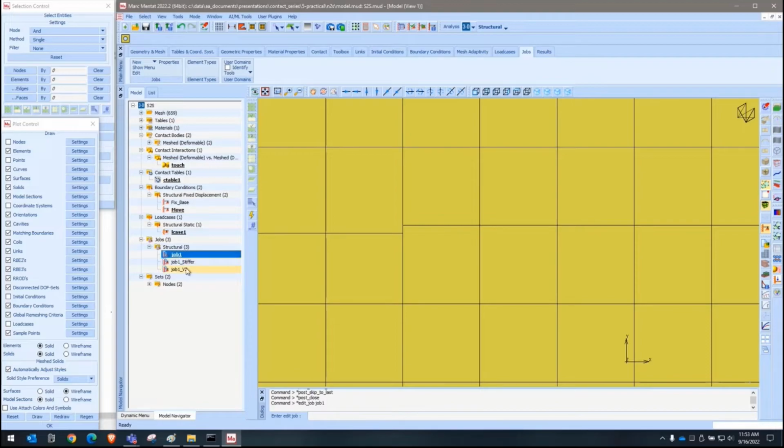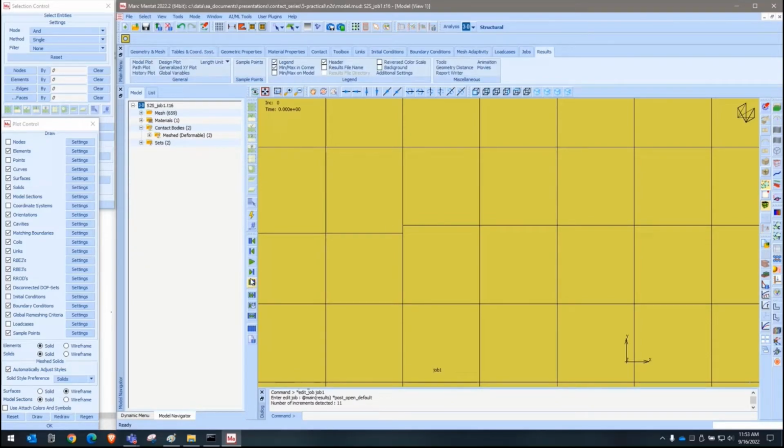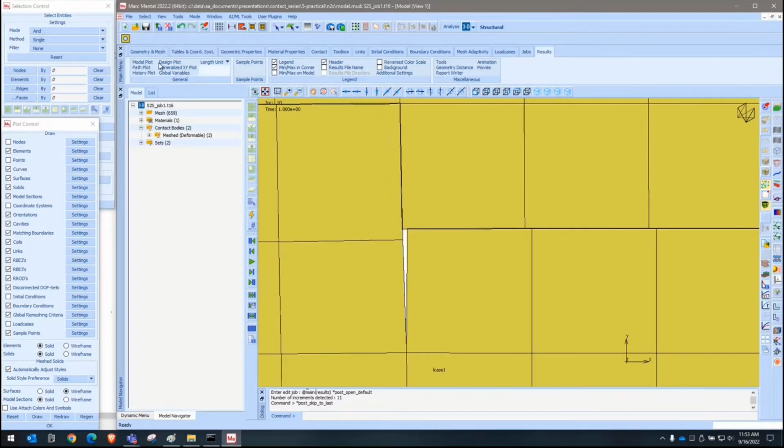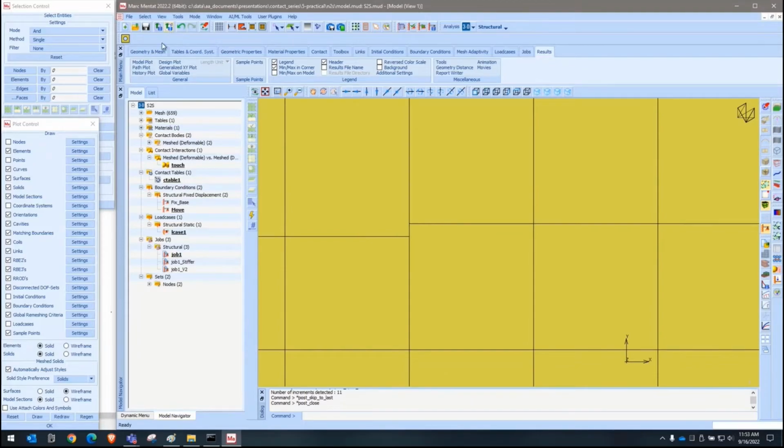Open the initial one, which is stiffer than this, but not the stiffest that we ran. Again, I get to the last step, and now I can see that gap opening, or that overlap is significantly less than this, but it's still, I'd guess, somewhere around 10%, maybe a bit less than 10% of this. If I open the stiffest model,